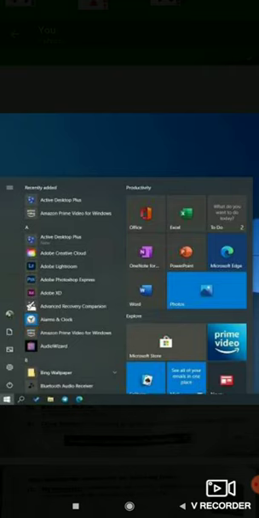There are names, pictures, images that help us to remember. This makes Windows more user friendly.